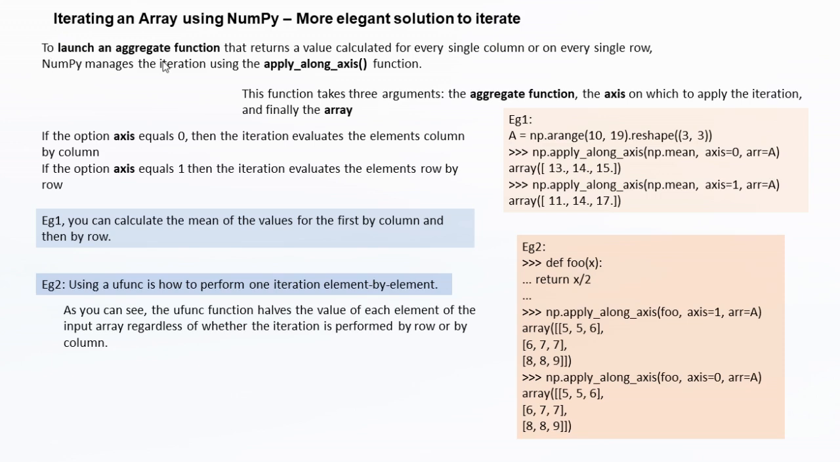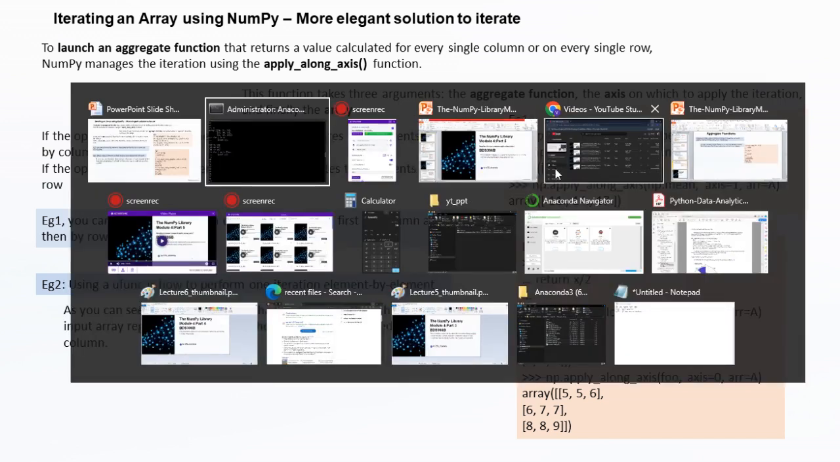So if you want to launch an aggregate function that returns a value which is calculated for every single column or on every single row, then NumPy will manage this iteration using this apply_along_axis function. So what are the aggregate function and universal function we have seen in the last session? To quickly revise,